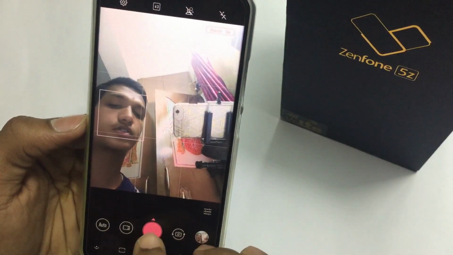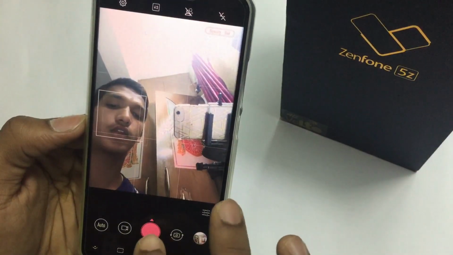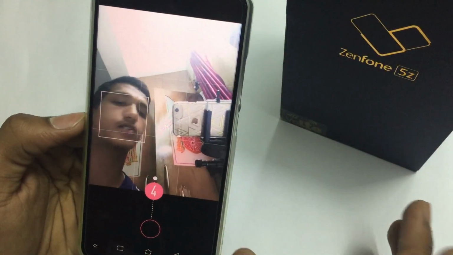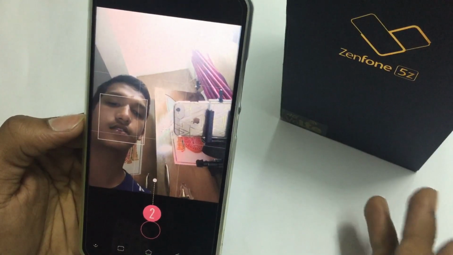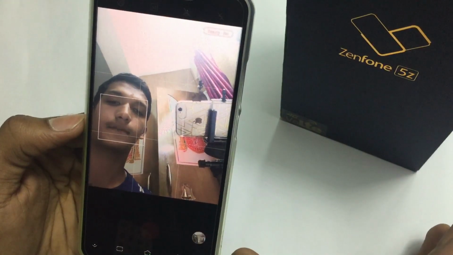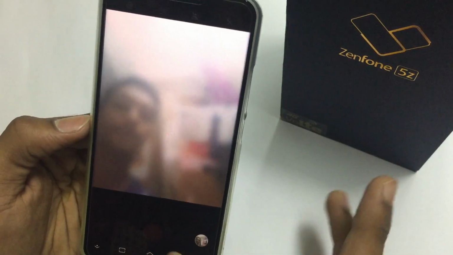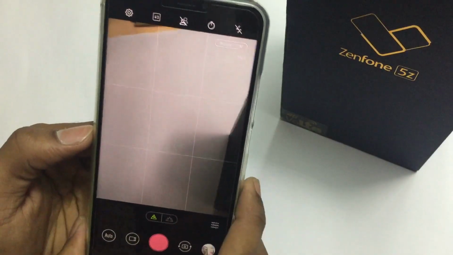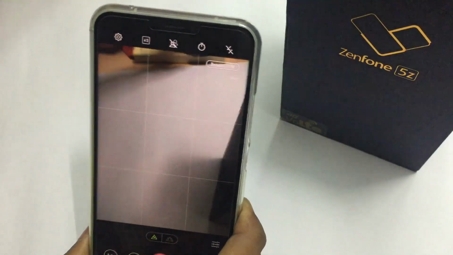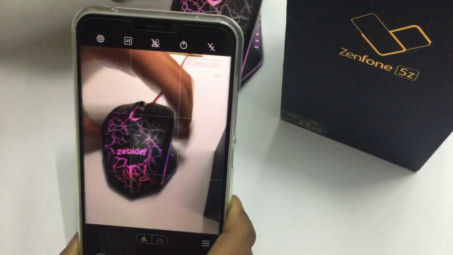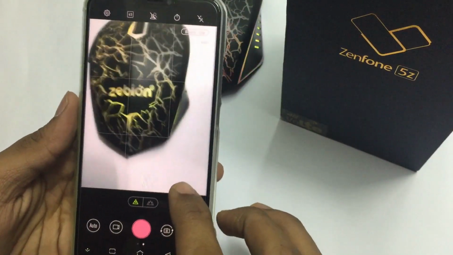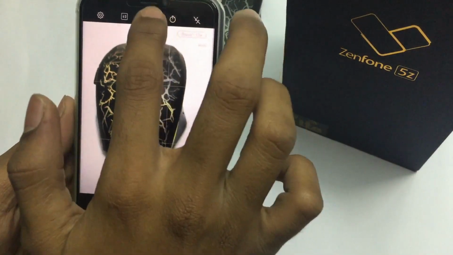Yeah, you can also do it like this. Either you can click the photo like this, or else move on like this for 5 seconds. It will just click a selfie automatically. Yeah. And then moving over here, if you are going to take some portrait shot of anything, like for example, see, this one is like this. If you are going to take a portrait shot,